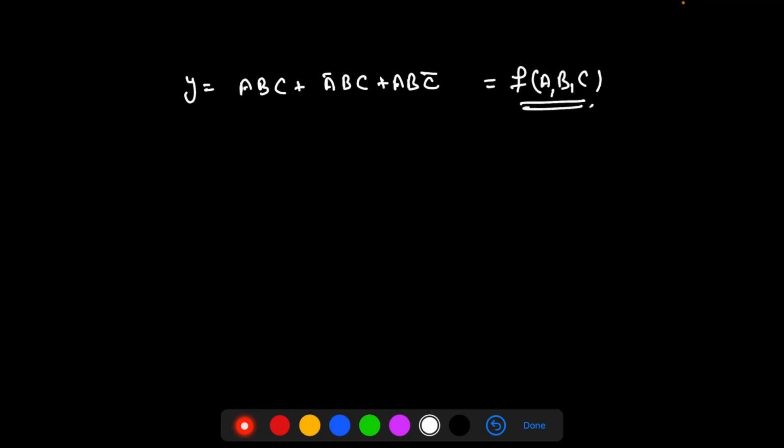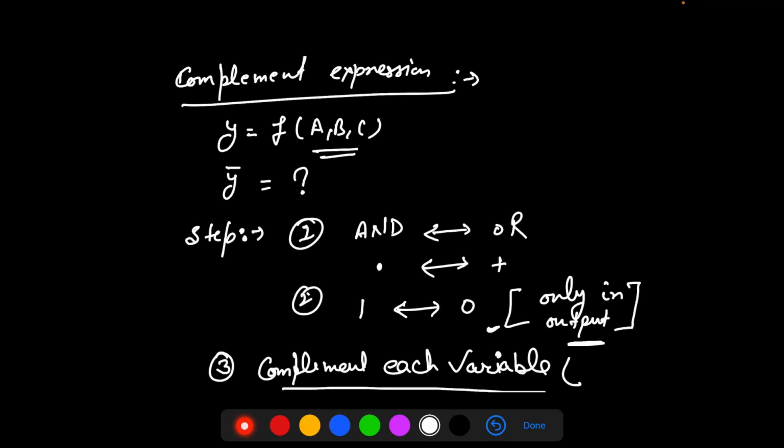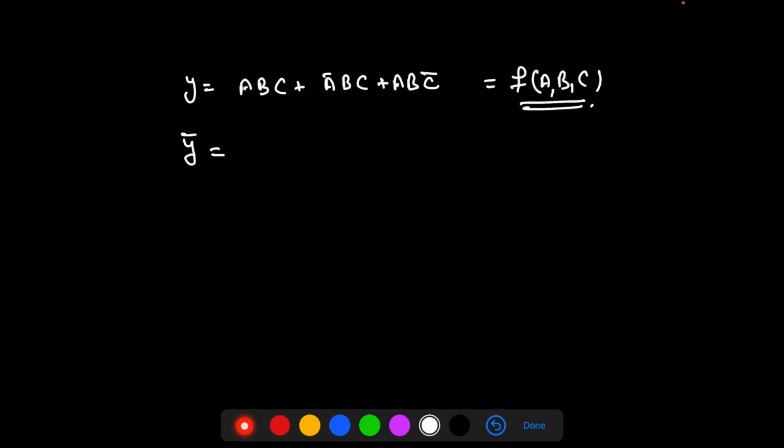For example, if we have the question y equal to a b c bar, this is a function of three variables a b c. Here if we want to find out the complement, then according to the last three steps, we have to convert AND into OR, OR into AND, 1 into 0, 0 into 1, and complement each variable.